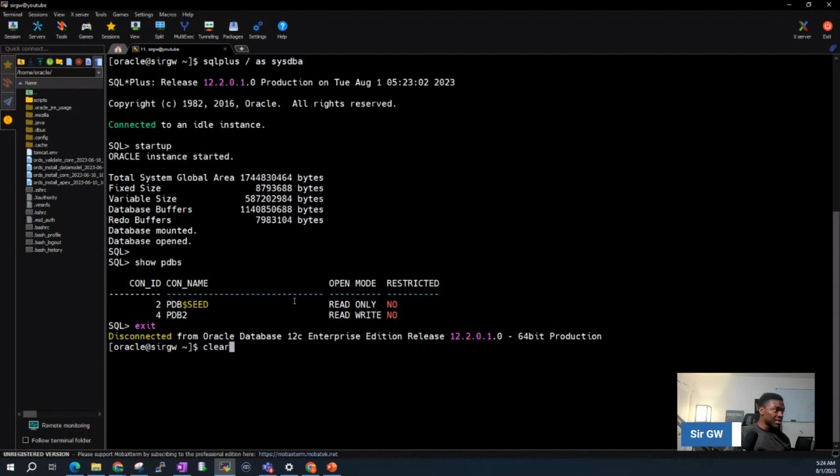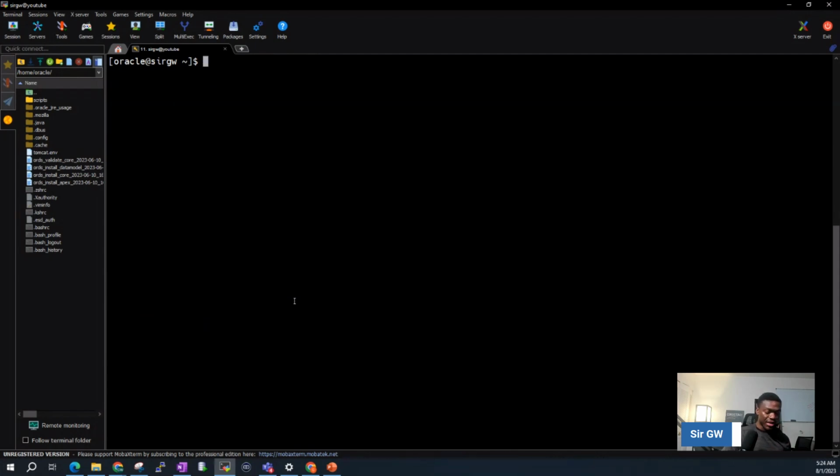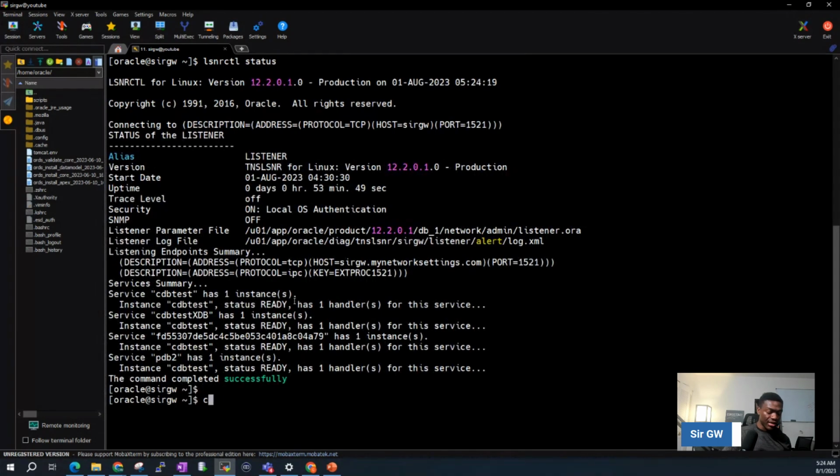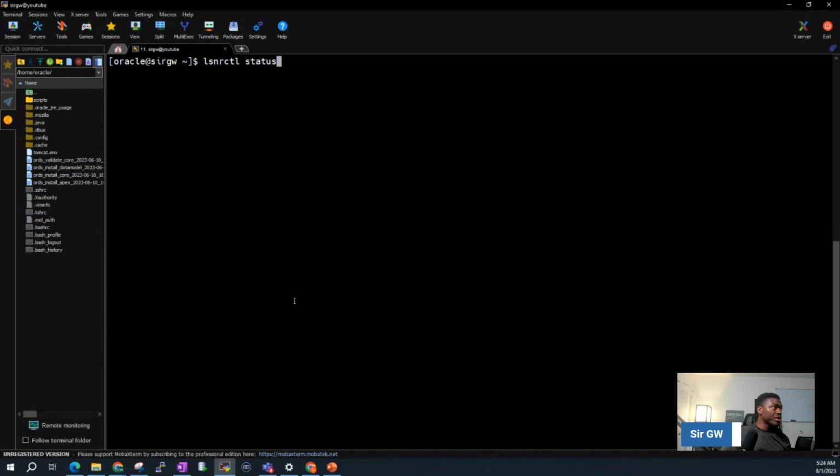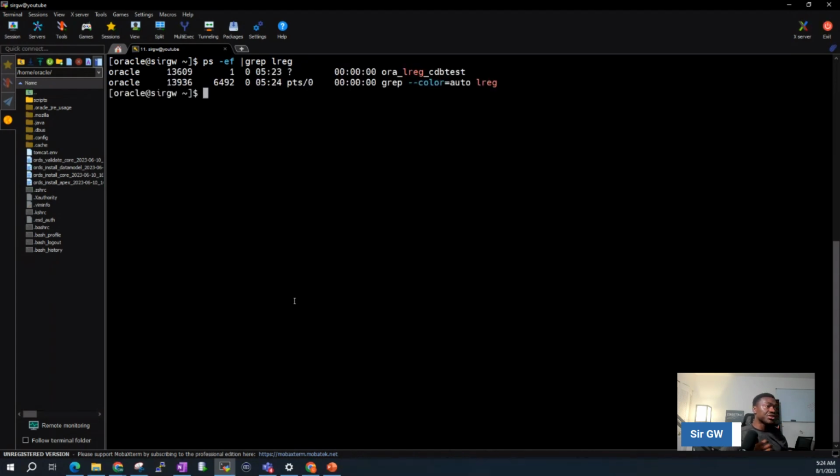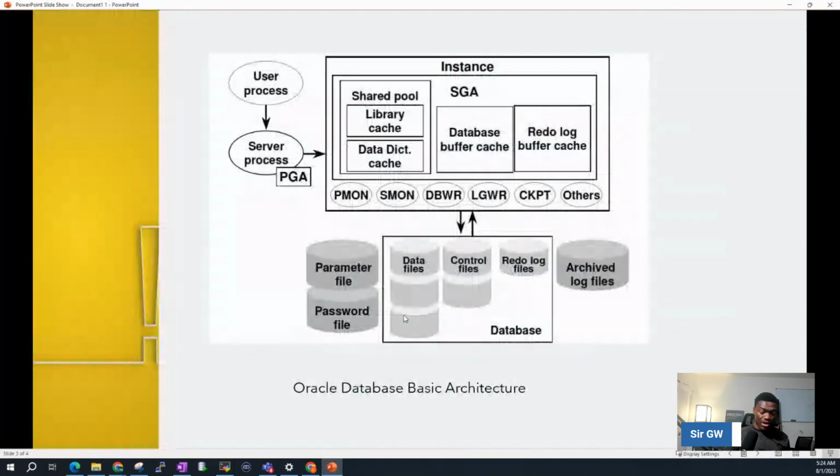So because my database is up and running, I expect my listener to be up and running, all thanks to the LREG. So my listener is up and running, and if we do a grep of LREG, we should see the LREG back up and running. So that's it for the listener registration process, and I believe this is a great feature that Oracle introduced in 12c, just like the multitenant feature and all other aspects that come with 12c. And the next thing we want to talk about is some of the possible